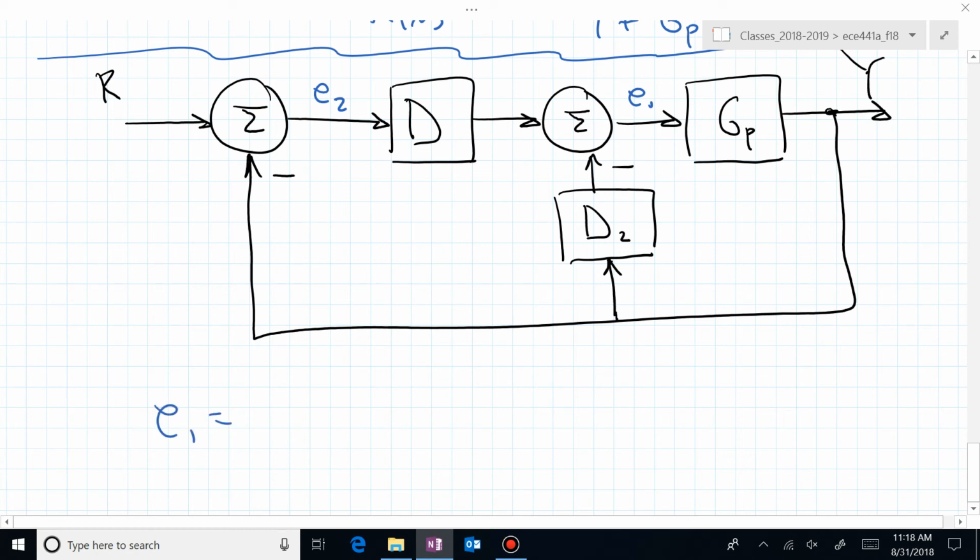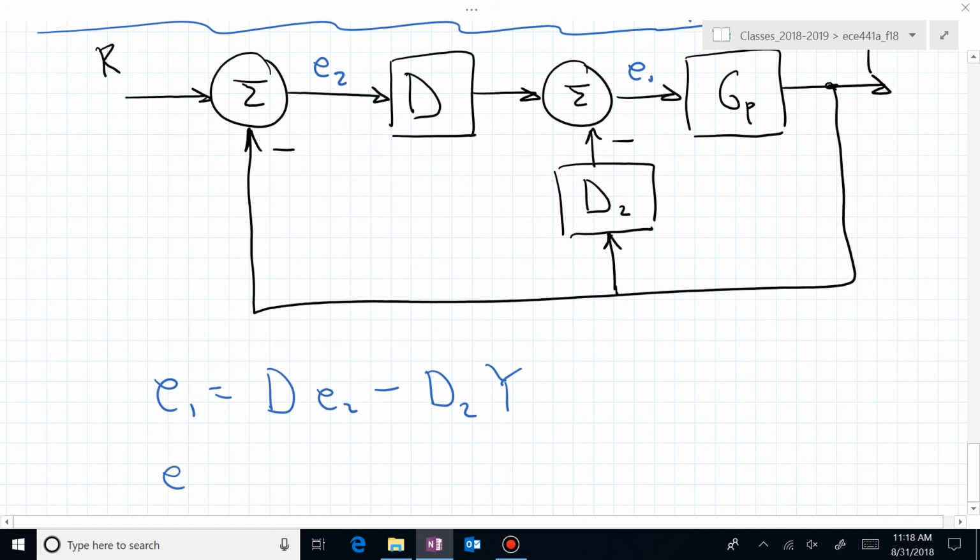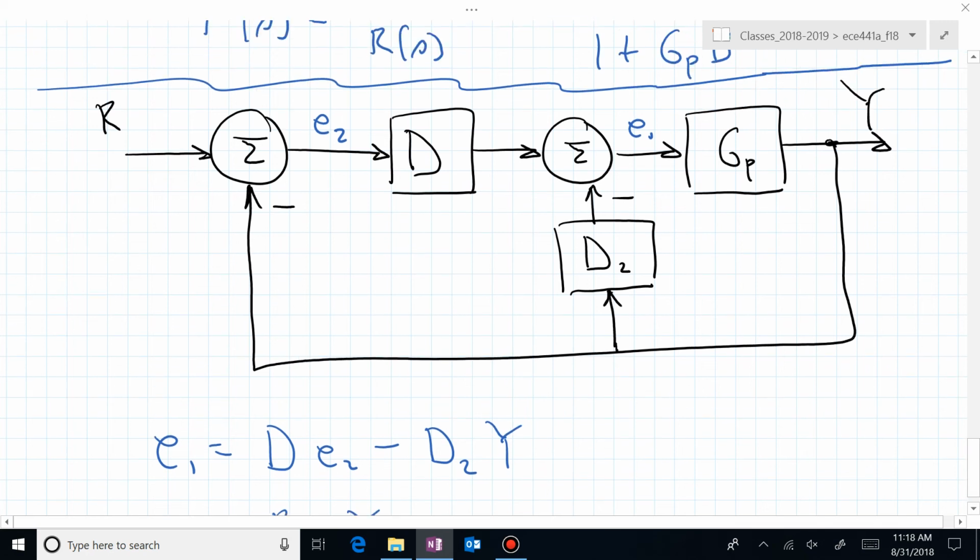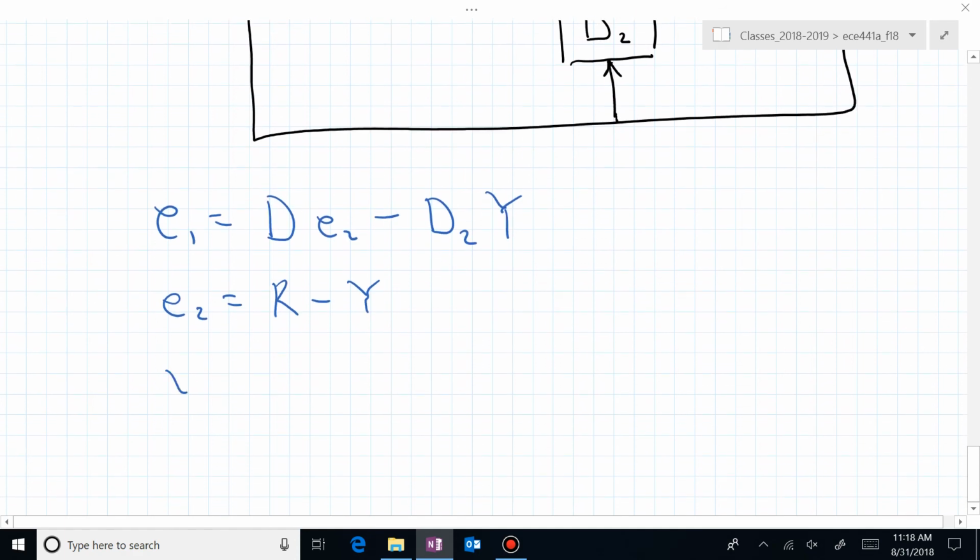E sub 1 is now coming in from the left, D E sub 2, and coming from the bottom, minus D sub 2 Y. E sub 2 is R minus Y, and again Y is simply G sub P E1,